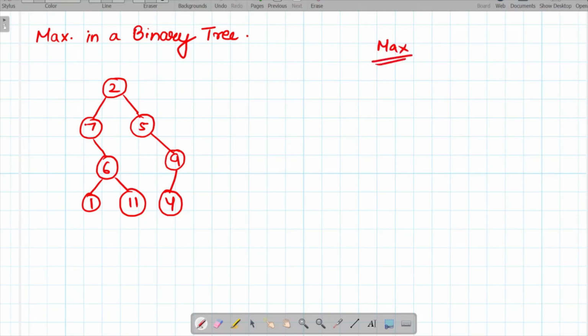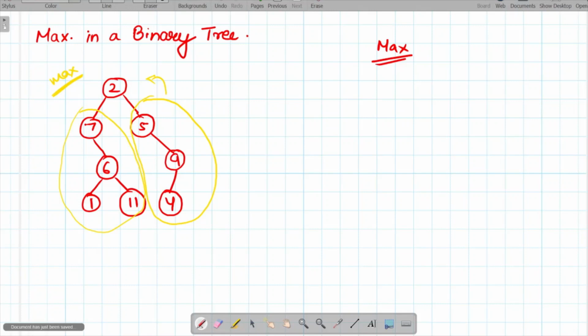For finding the maximum, the strategy that we will follow is, we will first calculate the maximum element in the left subtree, which means in this subtree we will calculate it somehow, and then we will calculate the maximum in the right subtree, and then we will find the maximum of these two values that we are getting. Once we get the maximum value out of these two, we will return it to the parent caller, and then we will compare it again with the two value. Out of these two, whatever is the maximum value, we will simply return that, and this is how we will get our maximum.